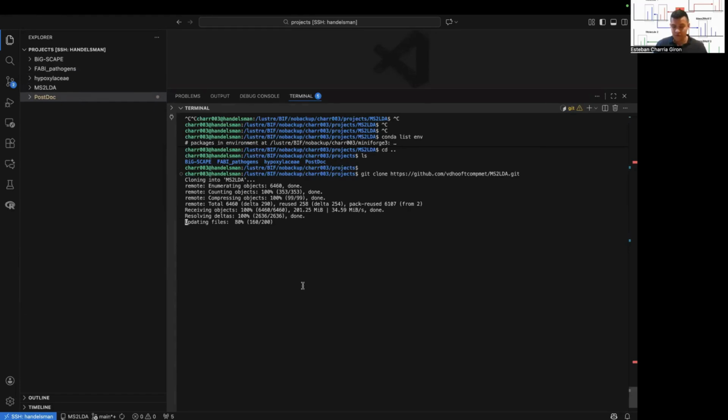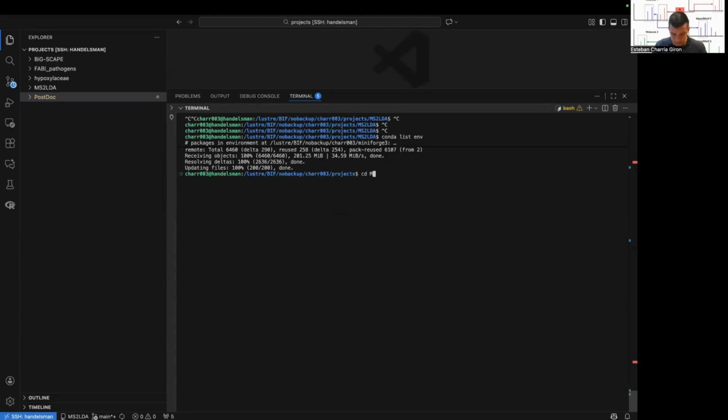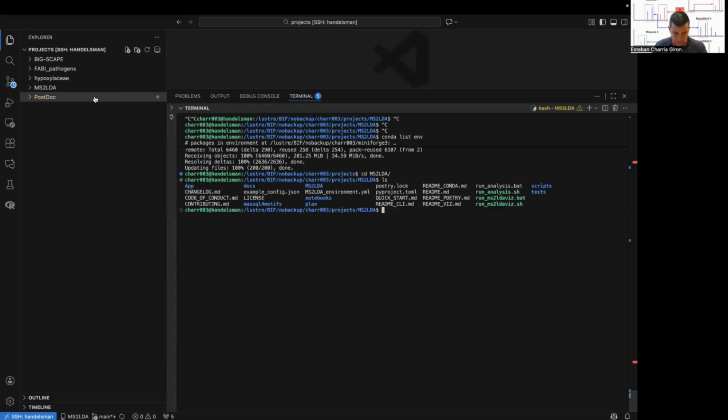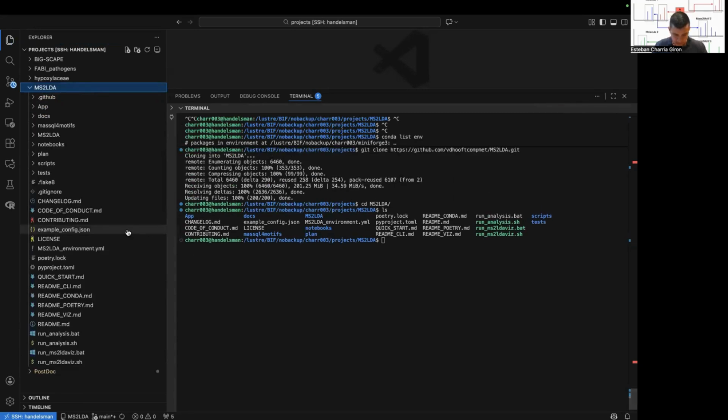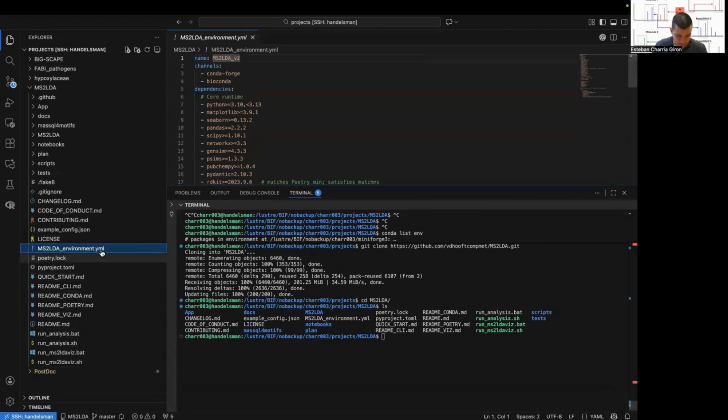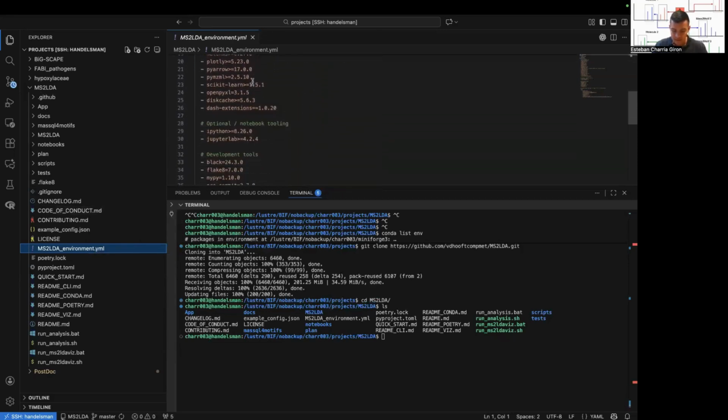There should be a file that will allow us to create environments. So let us go to that folder. We will go to the MS2LDA folder and see what is inside. If we inspect it, we can see all the files that we also see when we go to the GitHub page. And importantly, here, this MS2LDA environment YAML file has the dependencies that we need for MS2LDA in order to